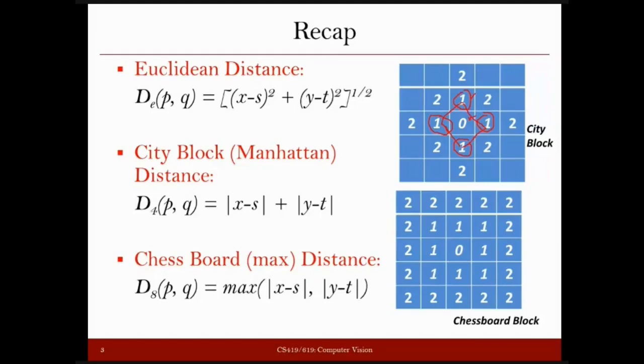can you tell me what shape we are getting here? It looks like a rhombus, or maybe you can say a diamond, okay? But in the true sense, it is a rhombus or a diamond when you are talking about Euclidean distance. But in terms of the city block distance, in fact, this is a circle. Because what is the definition of a circle? In a circle, the distance of any point from the center is the same. So if you see here, this point has distance 1, this point also distance 1, this point also distance 1, this point also distance 1. So it is looking like a rhombus, but in fact, in terms of city block distance, this is a circle, because all the points that you are seeing here around are equidistant from the center pixel.